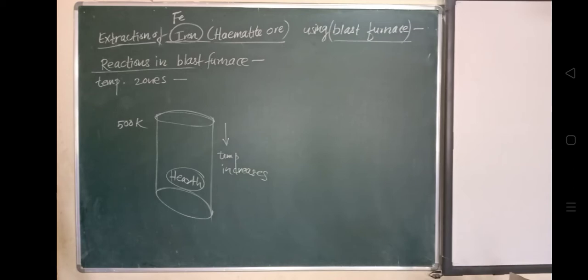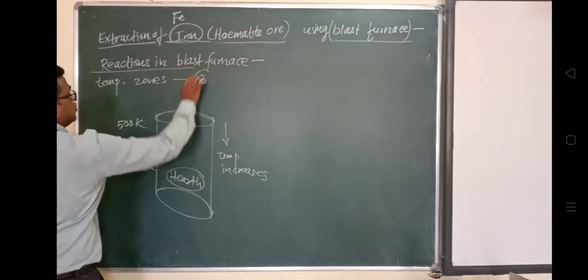So this is the simple process by which you can understand the charge, which is ore plus limestone, placed in the downward direction, and this is the coke, or the fuel, which is burned. This is called the zone of combustion, the lowermost region. The second one is the zone of reduction.